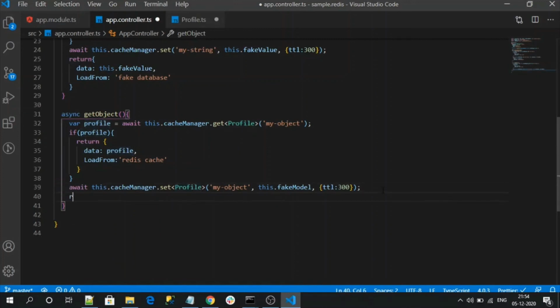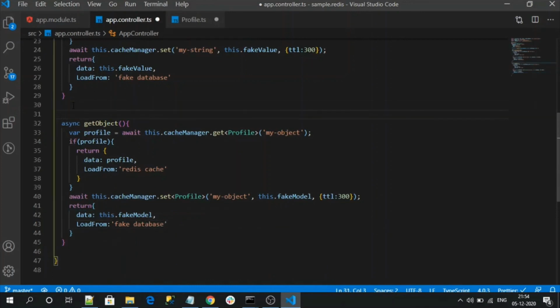Now we need to return our data, similar to the first example. Data this dot fake model and loaded from fake database. So let's give some route to it.